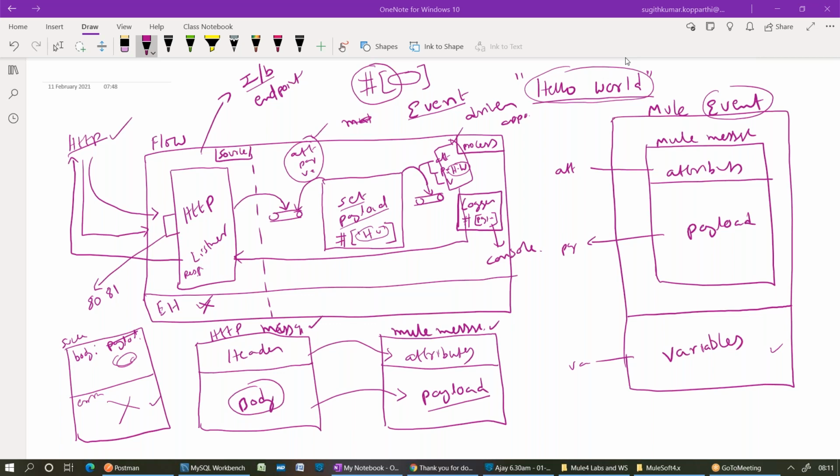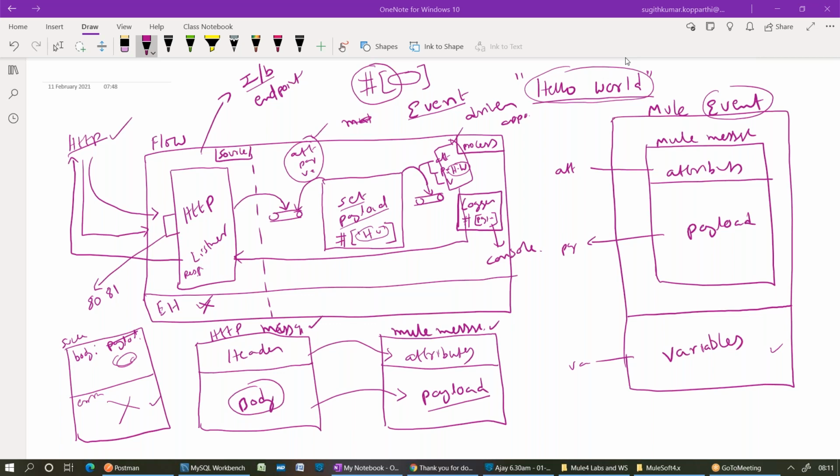Who will convert it into a Mule message? The HTTP listener itself. I will explain one more time.